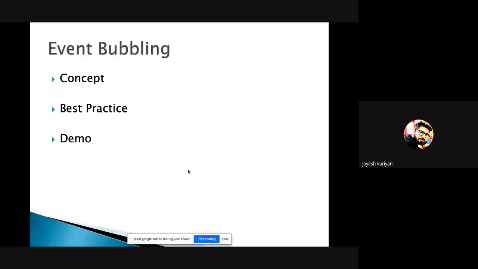All right, so we will talk about event bubbling. Any guesses, any wild guesses how this event bubbling takes place? Because we might have encountered this while building the Aura components as well, or in any development previously. Any guesses? I just want any one of you to speak some lines on this event bubbling.